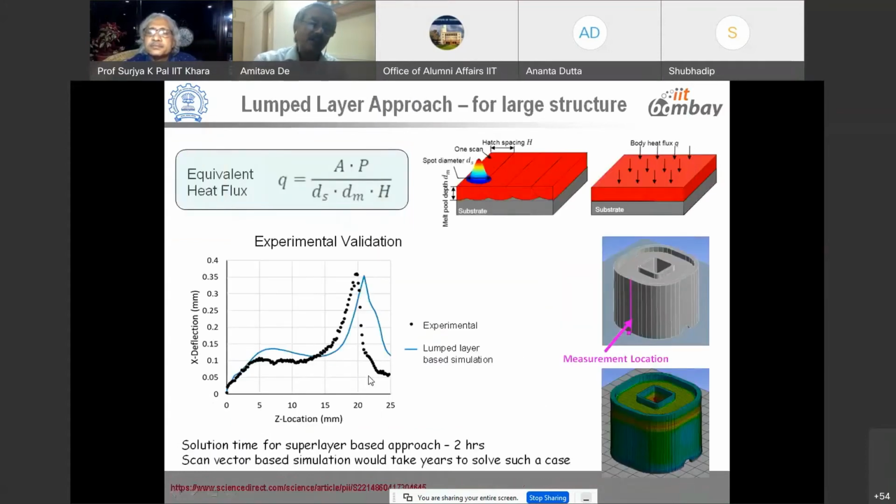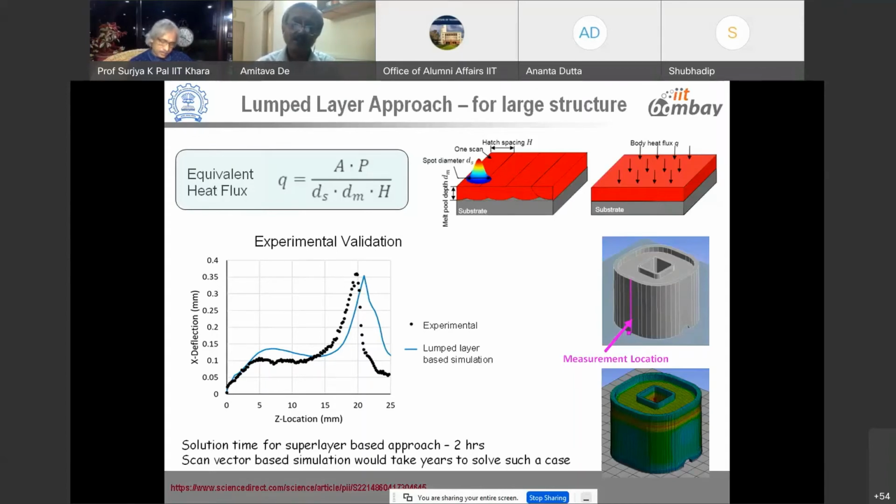One typical way, or some kind of trade-off, that is being used of late is often known as the lumped layer approach. Essentially, going further from a dynamic mesh or adaptive mesh to a much larger simplification. Think of a situation where we want to build some 10,000 layers to create a part like this. Don't even bother what is happening after 1 or 2 or 3 layers. We just go and see every 1,000 layers, build it as a single layer or model it as a single layer, and forget what is happening at a local level.